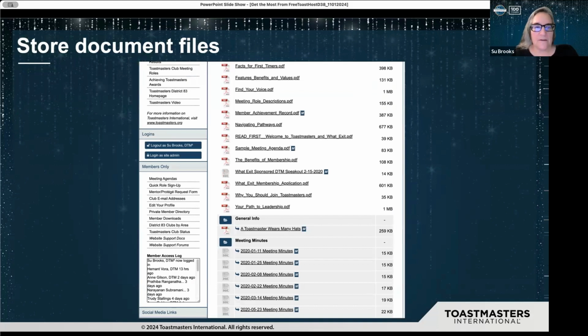You can also store document files. In a couple of the clubs that I'm a member of, I'm also a club officer. And as the club secretary, I found it was a good idea to upload the meeting minutes from our officer meetings up here, where it says meeting minutes. This way, I know where they are, and any other officer, any other member for that matter, can go up